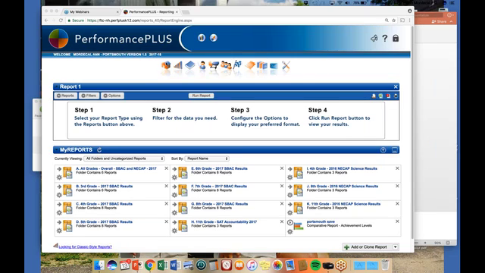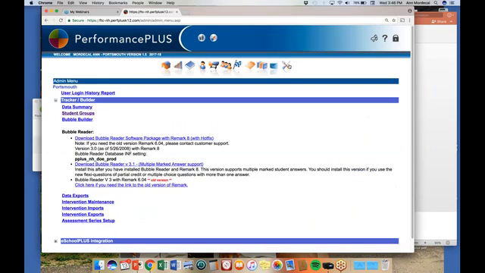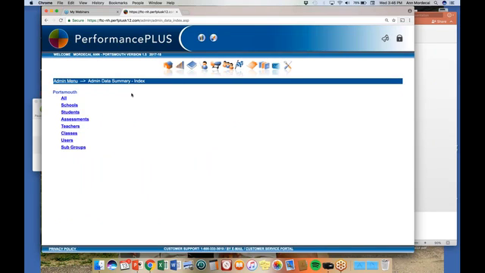Are you a district that has more than one district? Or are you an SAU that has more than one district? Because then you might have to go into admin.